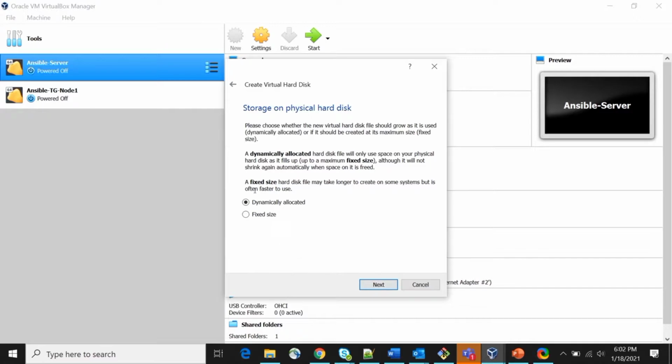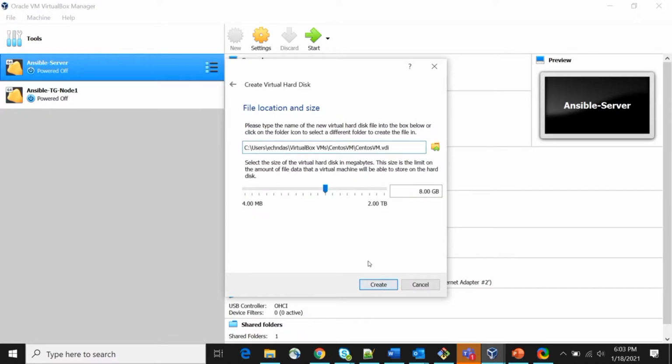Next, storage on physical hard disks. I am leaving the default option here. And next, here we can mention the size of the disk.